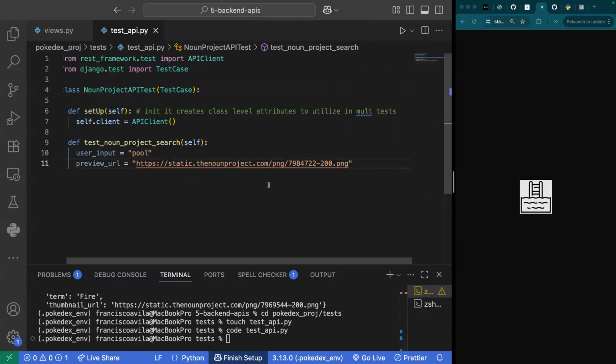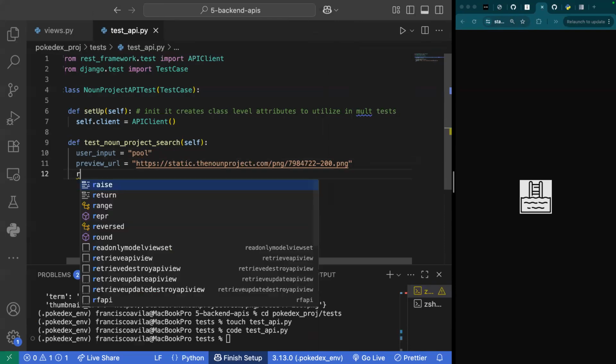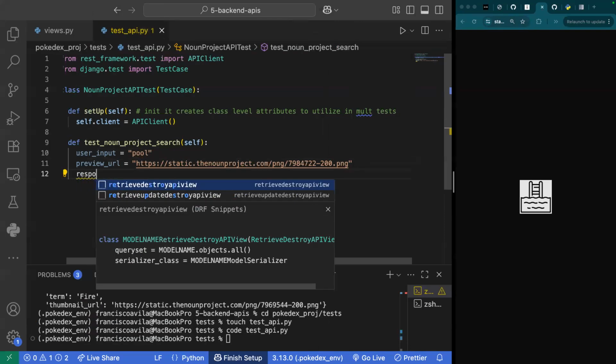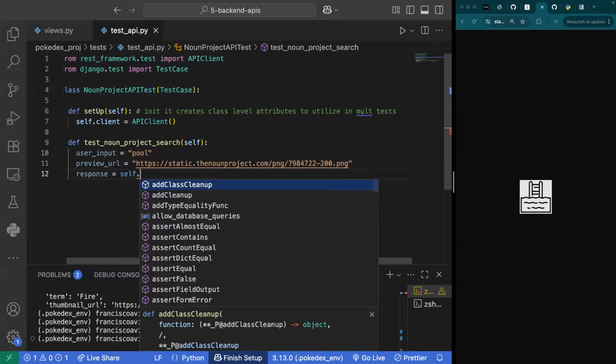All right, so we grab the pool. There's our PNG, what we expect to come back. And now we can actually build our test. All right, so I can say response is equal to self.client,